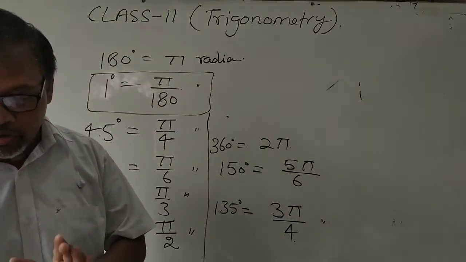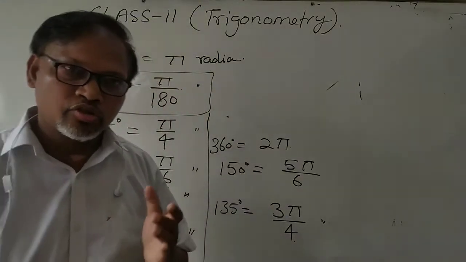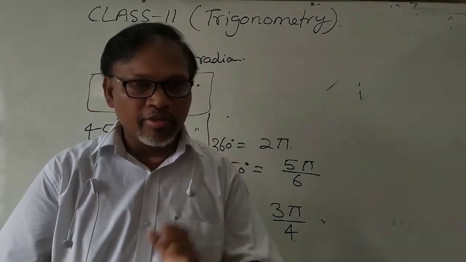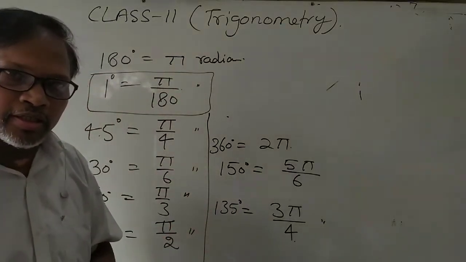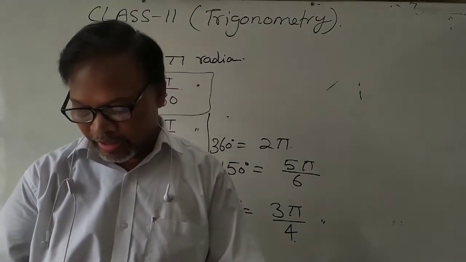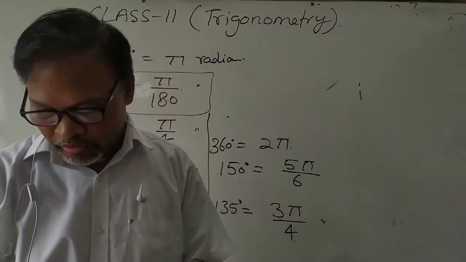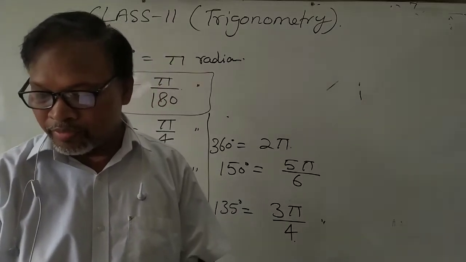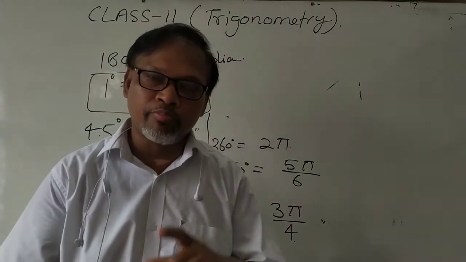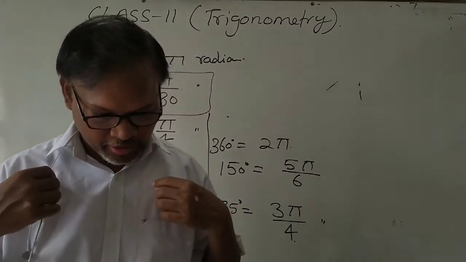So in this video I have explained the new topics: domain and range of the trigonometric functions, some negative angles, and the relation between radian and degree. You must watch and you will understand. Then I will start the next thing in the next video, that is exercise 3.3. 3.1 will not come, but 3.2 you have to do. This is for practice only, so do the practice today. Thank you.